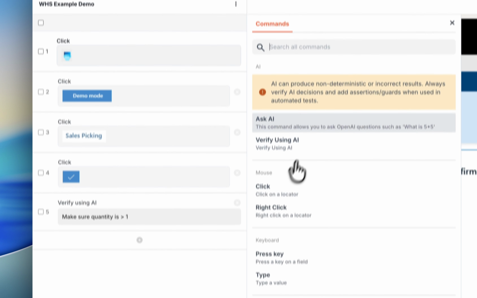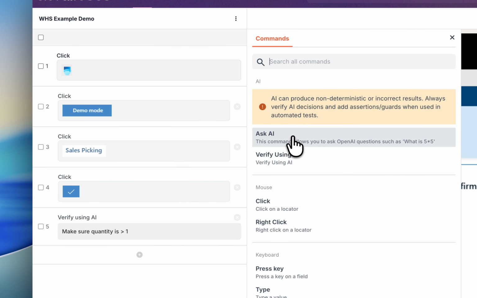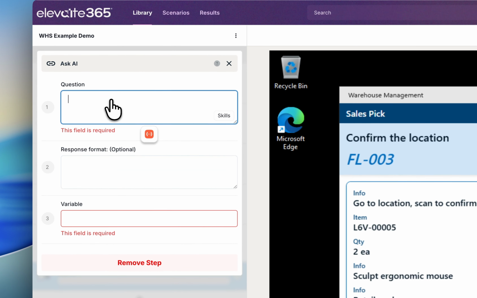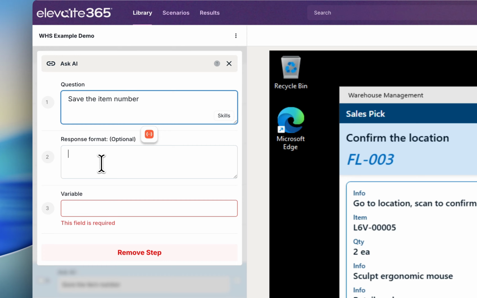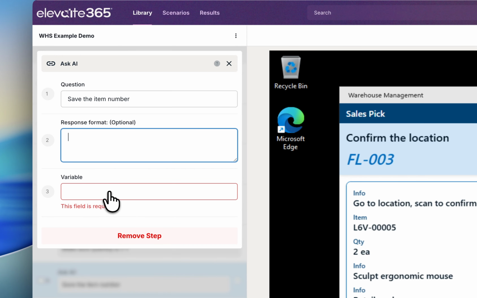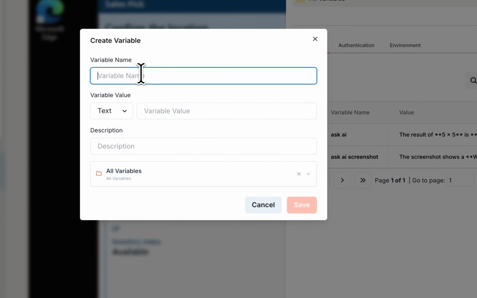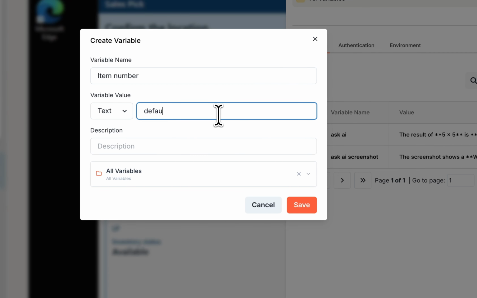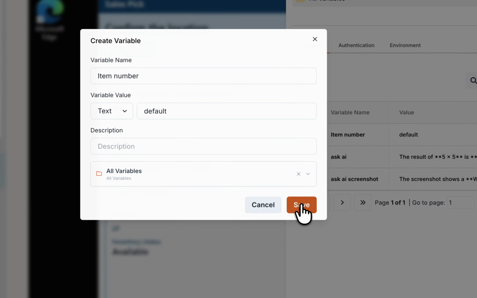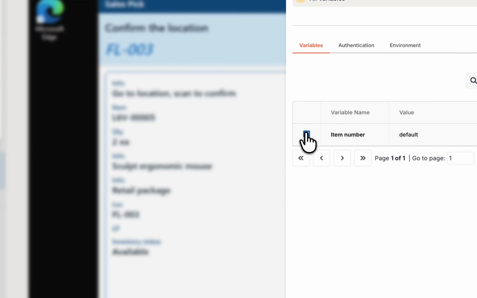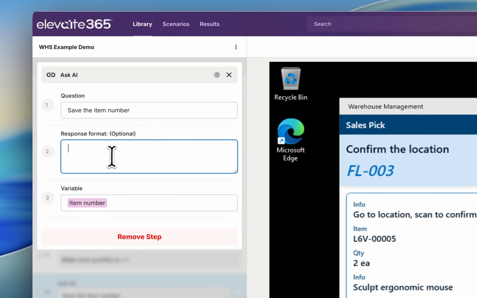Maybe we also want to save something on the page. So I'm going to add the ask AI command, and I'm going to say, save the item number. And then I'm going to select a variable. I'm going to create a variable called item number, give it a default value, click save, select it. And then just to be more specific,